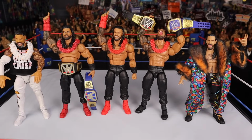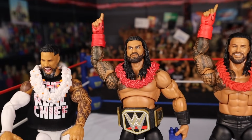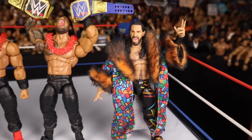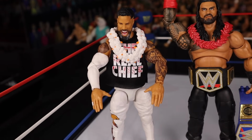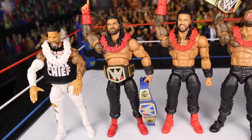Next set of comparisons is just a bunch of Ultimate Editions. So we have both renditions of Roman Reigns as an Ultimate Edition. Here's the newer style of one. And then here's the older style of one with 2 championships. Got an Ultimate Edition Seth Rollins on the end. And we have the Ultimate Edition Real Chief Jey Uso. Fun fact, this Jey Uso attire and this Roman Reigns attire is supposed to be based off of the same